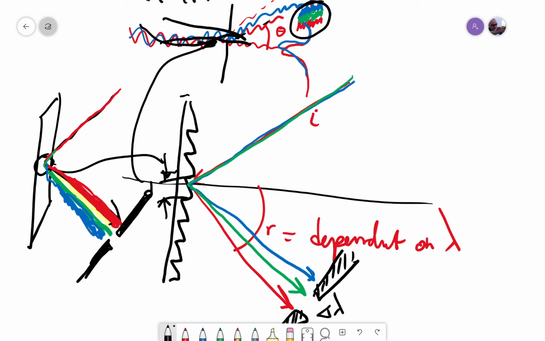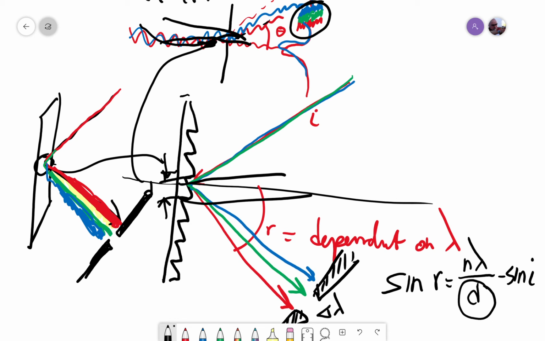We can calculate these angles such that the sine of the reflected angle R is equal to n lambda over d minus the sine of the incident angle, where d is the size of the slit width, lambda is the wavelength of light or radiation coming in, and n